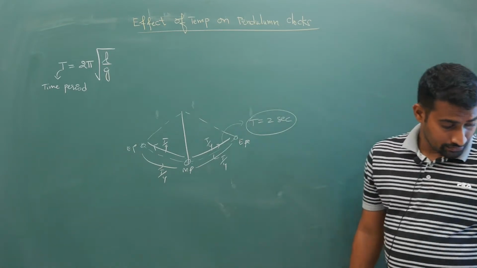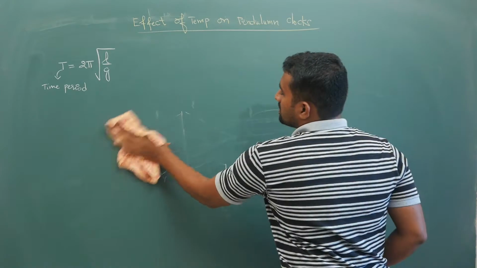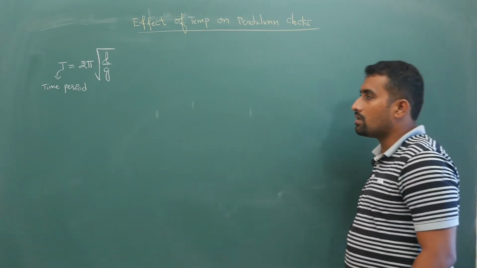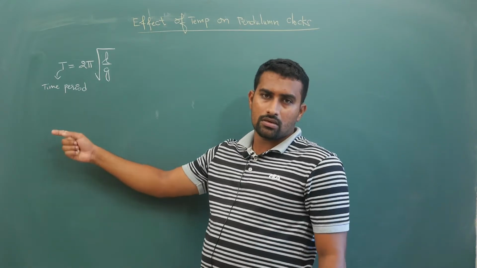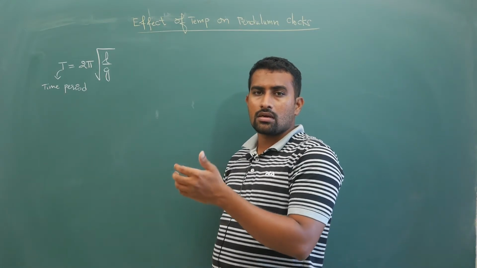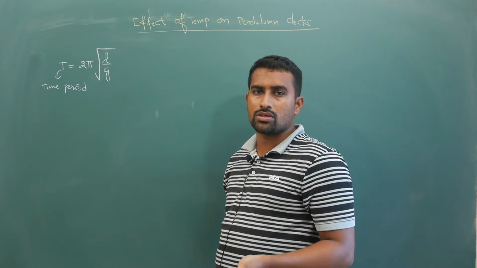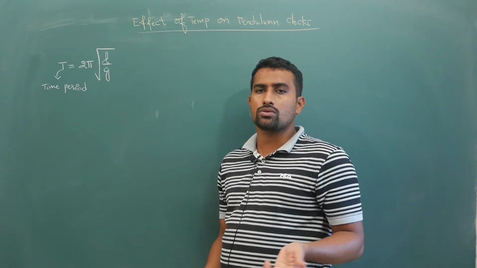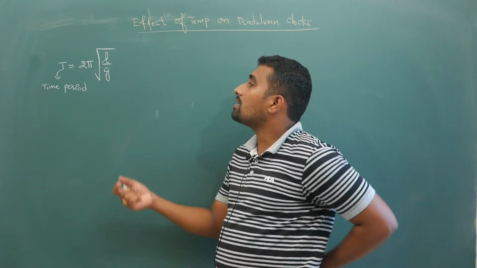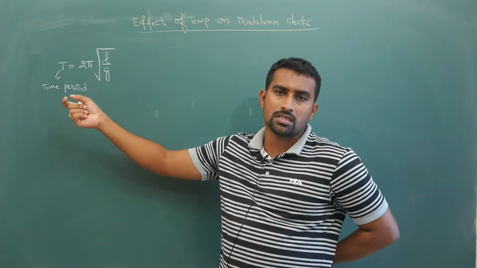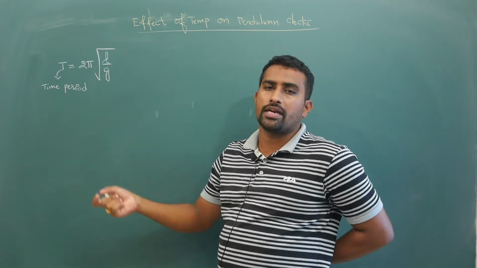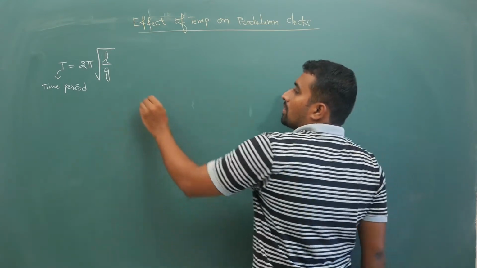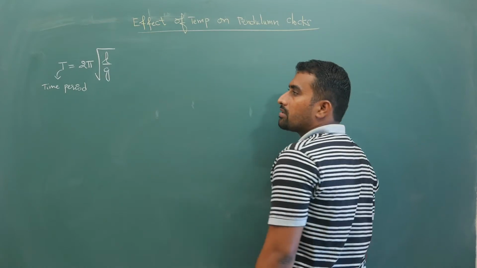Okay, now when length is changing, automatically this clock shows wrong reading because your time period is changing. For one complete oscillation, it is taking 2 seconds. So for one complete correct time period of 2 seconds, it will show 2 seconds if it is a correct clock. But when length is changing, your time period is changing, and obviously your clock will show wrong reading. So in summer and winter, obviously these clocks will show wrong reading. Now how am I supposed to calculate the effect on the time period? I will tell you.